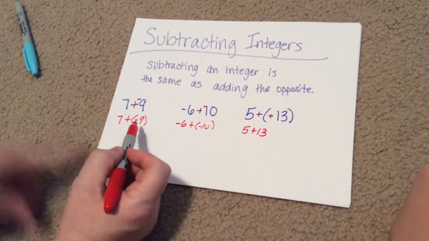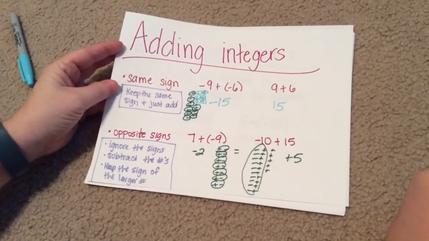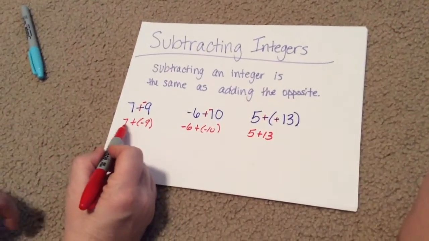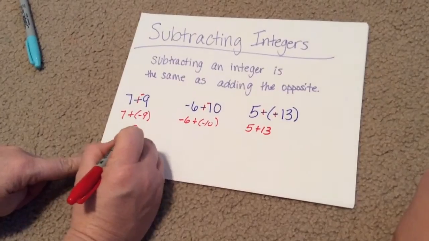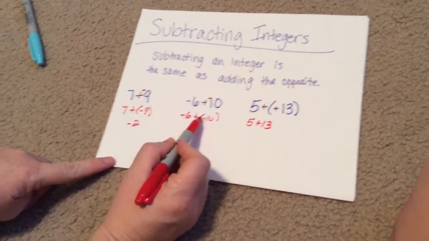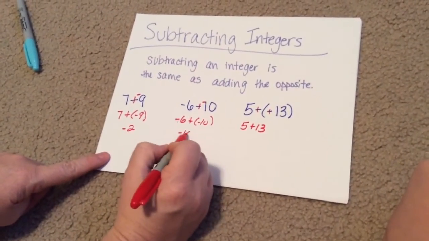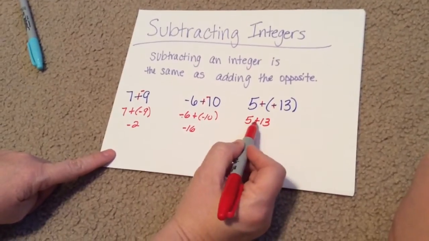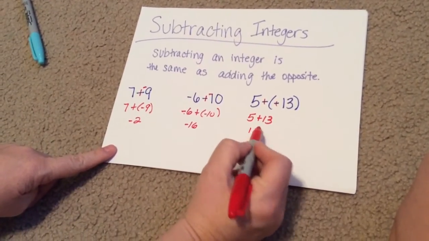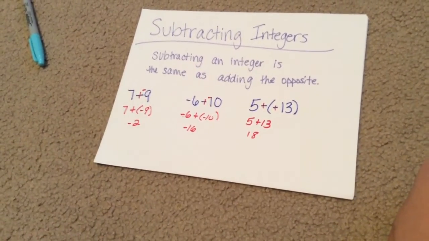And now you go back to the exact same thing you did on the previous video with your adding integers. Okay, 7 positives and 9 negatives would be 2 negatives. 6 negatives and 10 negatives would be 16 negatives. And 5 plus 13 then will be just 18. They're all positive. All right? So keep